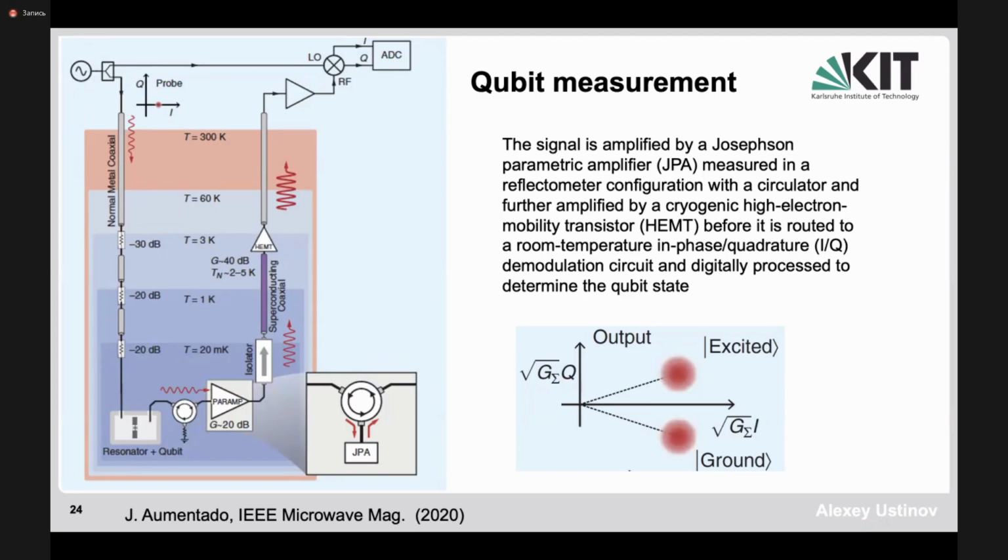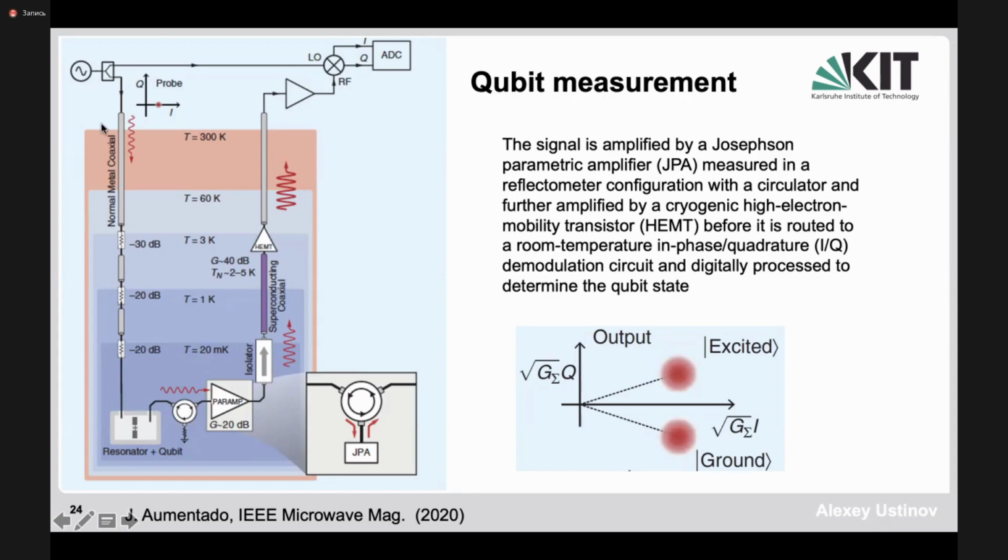This is needed in order to avoid reflection from the next stage of the amplifier, which will have, of course, a kind of back action on the qubit. That's something you don't want. And then the second stage amplification is typically done with a 3 Kelvin amplifier, which is a HEMT, high electron mobility transistor amplifier. And finally, there is a room temperature amplifier, which is used to amplify the last portion of the